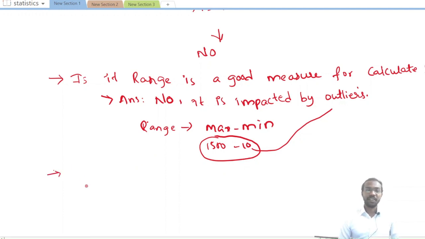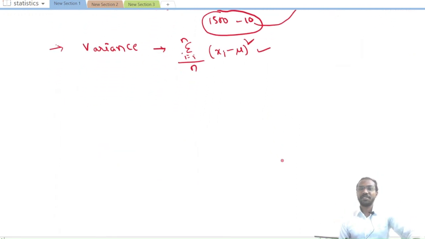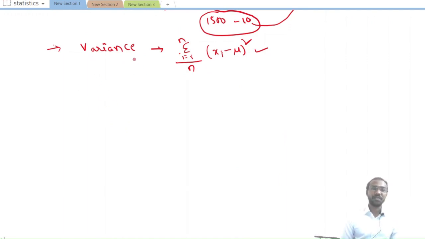For rectifying this disadvantage or issue of range, we go for variance. Everybody thinks of variance like this: somebody will remember only the formula. What do you mean by variance? Simply they say summation i equals 1 to n, divided by n, (xi minus mu) whole square. Everybody says like this. But how did this formula come about? It is a formula, not a definition. So the definition is